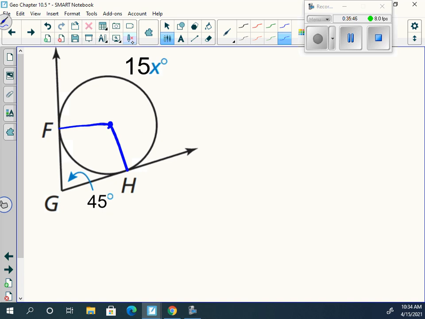Now there's different ways we can go about solving this. Now, what do we know about an entire circle? Its degree measure is